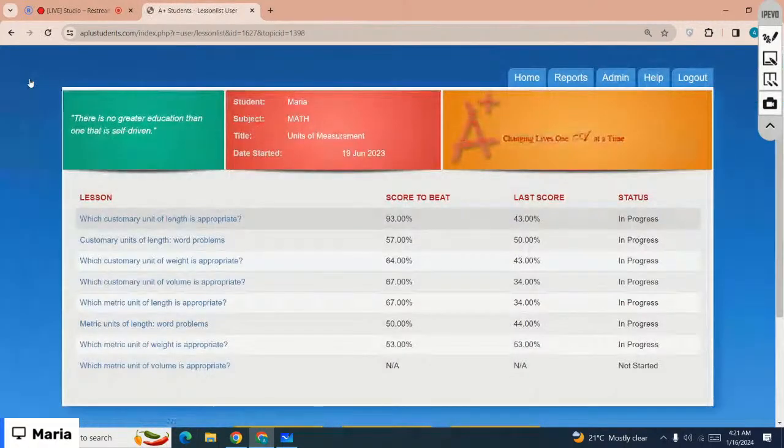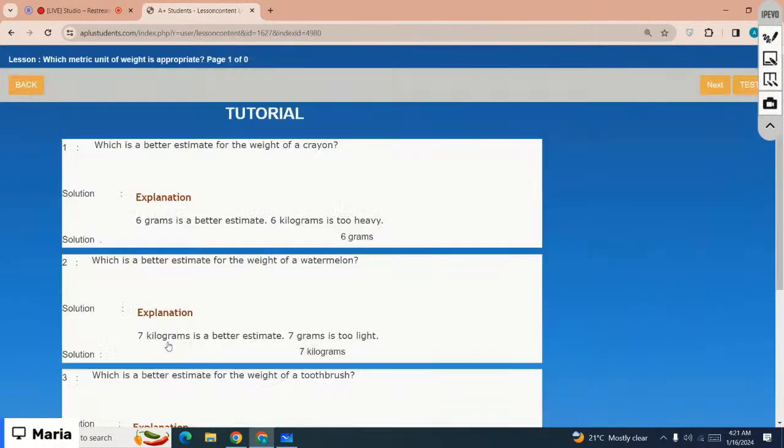The next lesson is which metric unit of weight is appropriate. Okay, let's just start with the